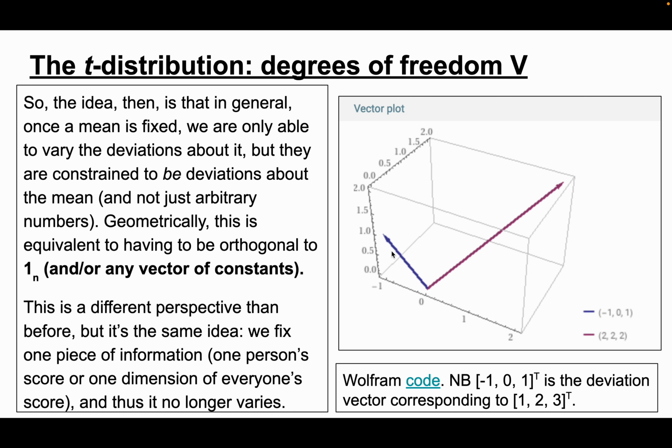And so again, what that means is that this lies in a space that has one fewer dimension. It can't be like this because then it is not orthogonal to this vector in any way. It can't come out right out here because there's no way in which it is orthogonal to this. That means it wouldn't be a vector of deviations. It doesn't actually add up with this to give a vector that's got this as a mean. So once we fix a particular mean and then we say some other vector is deviations about that mean, that other vector has to be orthogonal to this. You can see this is a vector in 3 dimensions, but it's got to stay on this plane. And that means that it has one less